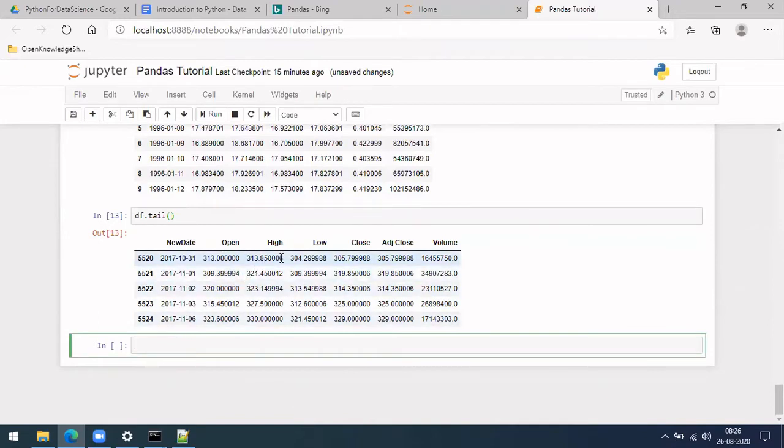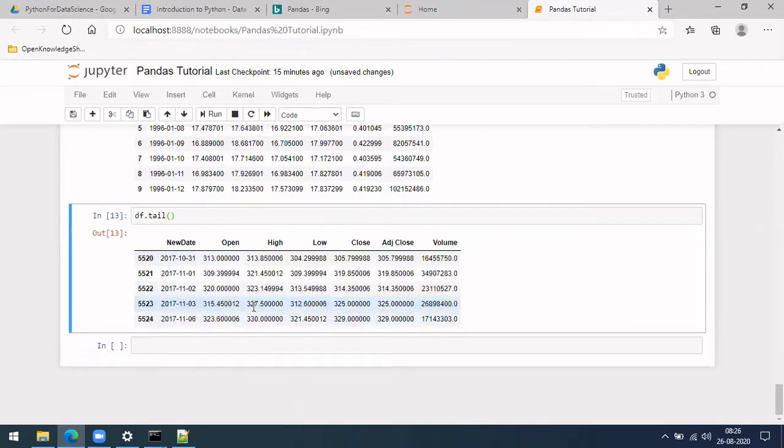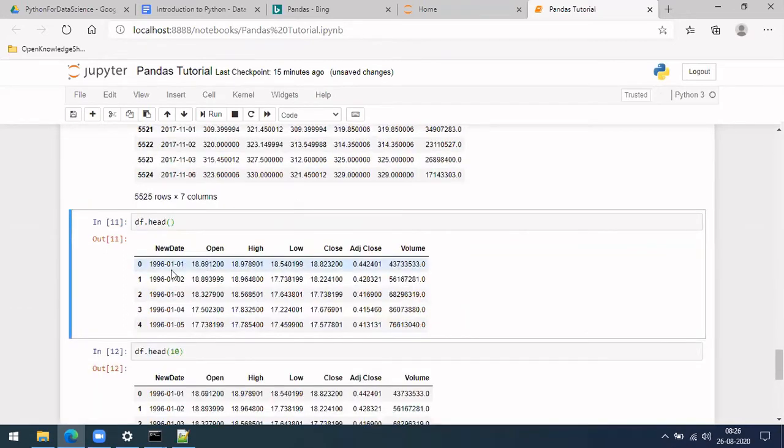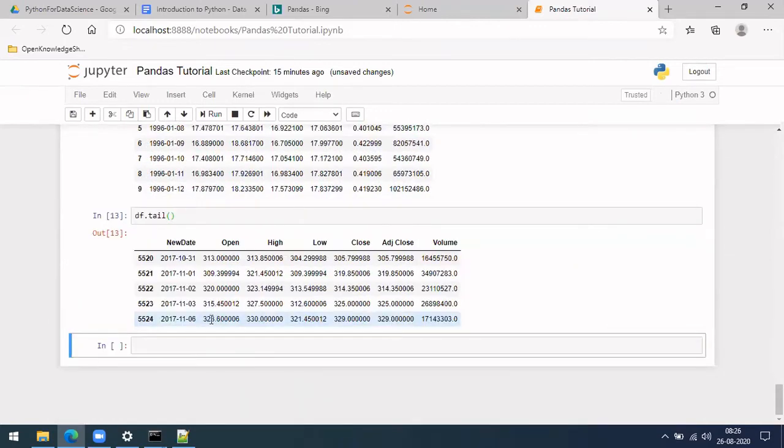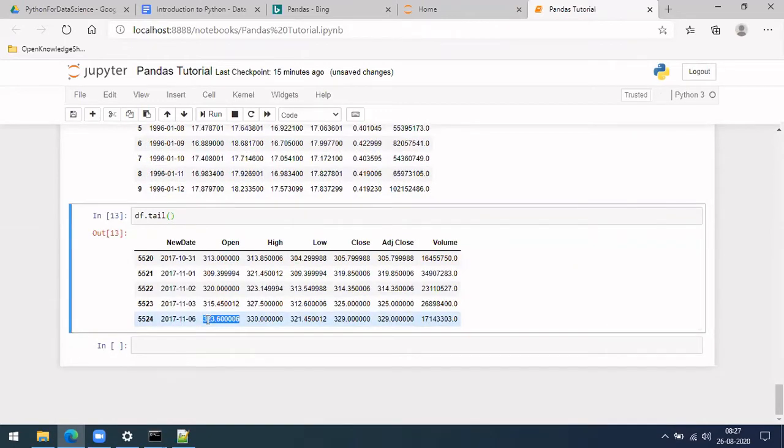One more thing is, in case you want to know what is there in these values, what is the range of this open column. You can see from here it started at 18 and is decreasing, maybe it will increase in between, and finally here it is 3,300 something.